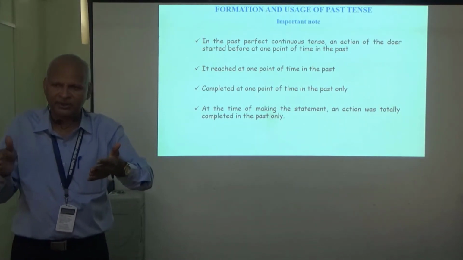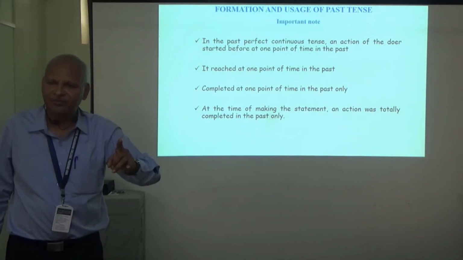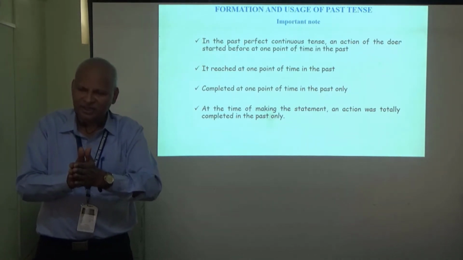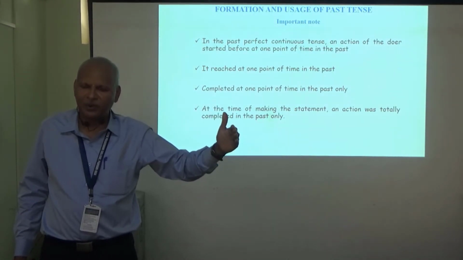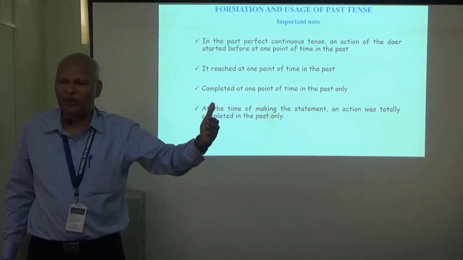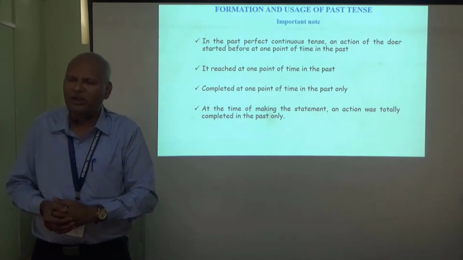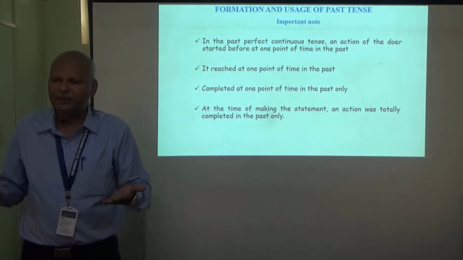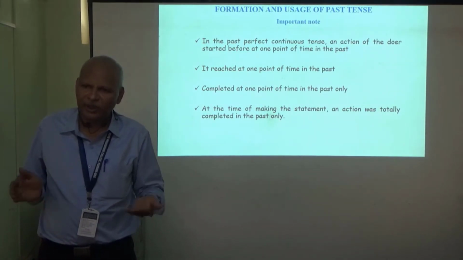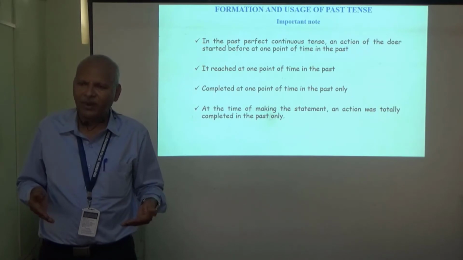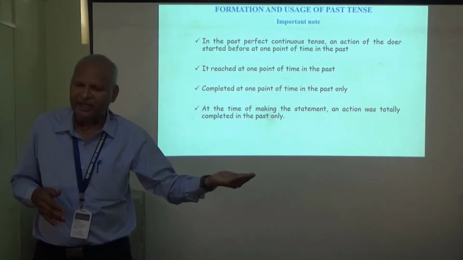Such type of statements we can call here past perfect continuous tense. One task started long ago in the past, say for example 1 month before, 1.5 months before, 2 months before we started. Here we have taken the example, I had been writing a book. I had been writing a book in the sense, perhaps I must have started writing a book 1 year back. From 1 year onwards, I had been writing. Started 1 year back writing the book.